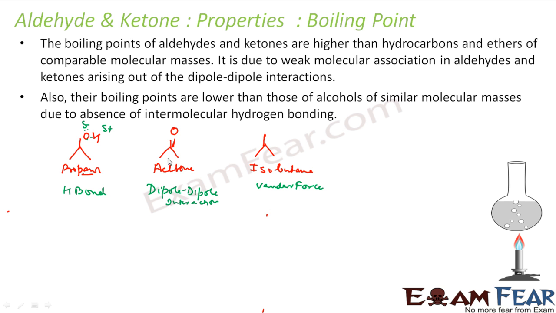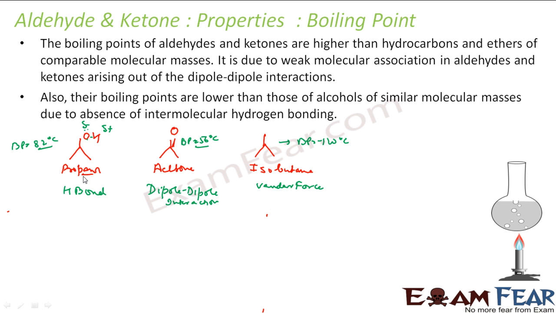Correct? So if you compare these three, this one has a very high boiling point, 82 degrees Celsius actually. If you see acetone, it has a boiling point of almost 56 degrees Celsius. And if you see isobutane, the boiling point is minus 12 degrees Celsius. Or even if you take an ether of a similar kind. So what I'm trying to say is,